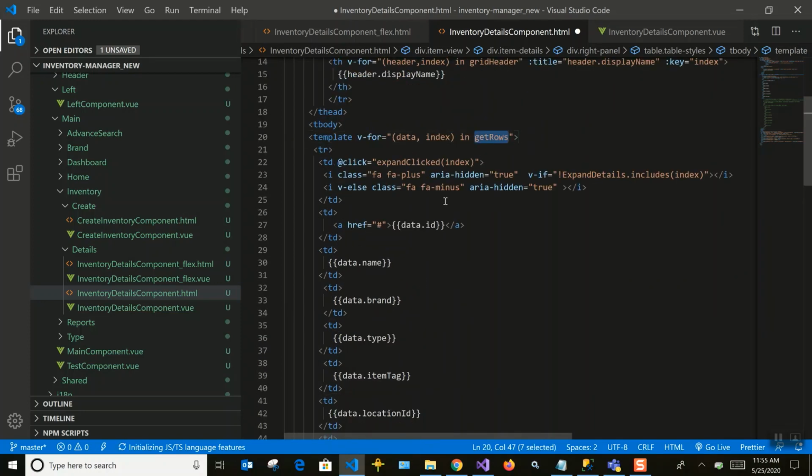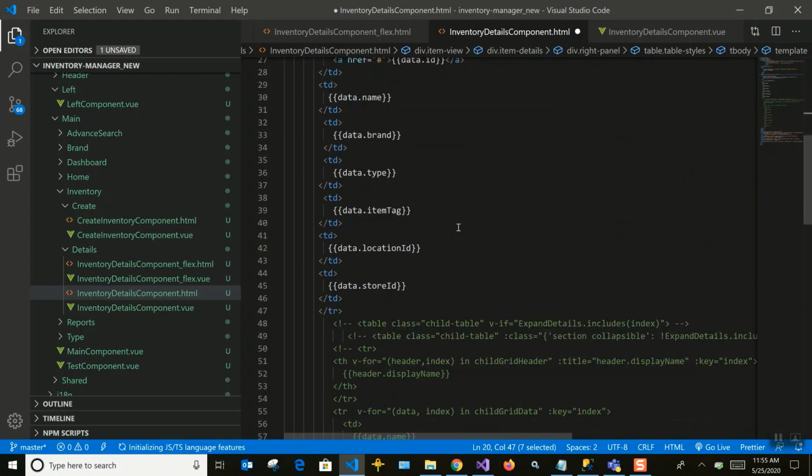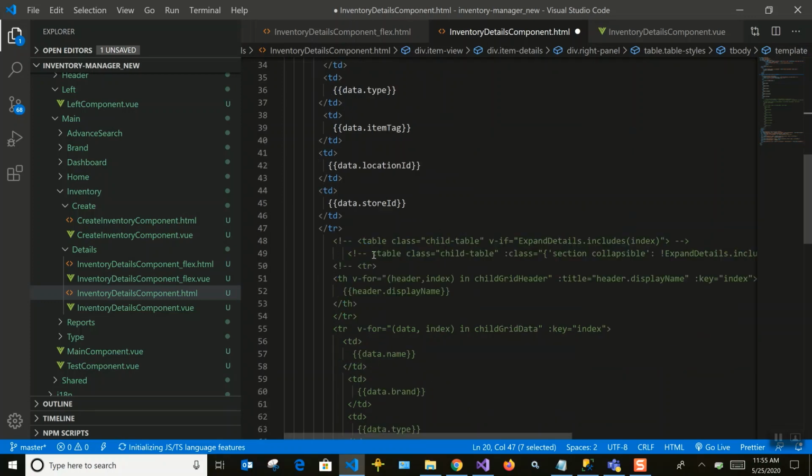Ideally, this data should come from the parent array itself, so there will be a child JSON object or child array which has many data. But I don't have any child array data now, so I'm just filling it with dummy data. You can also create a dummy array like that and fill in some details.